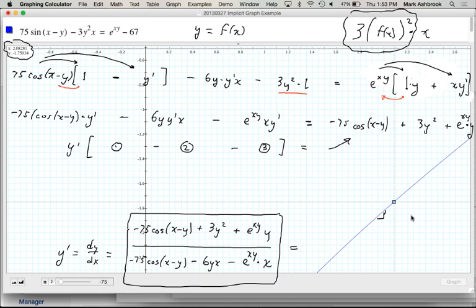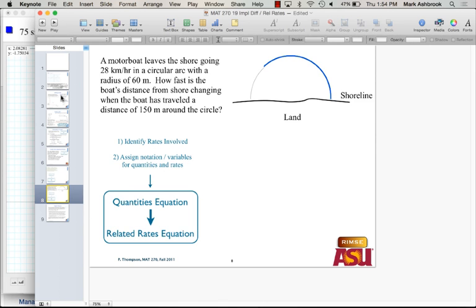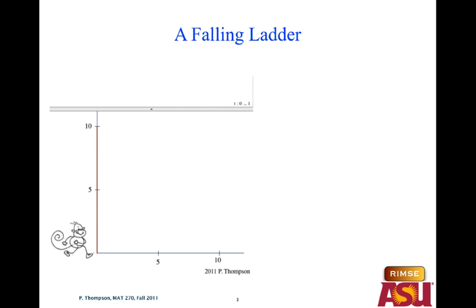So we'll move on to some applications of a variation on this, right? So let's look at a falling ladder. You see that there's a red ladder actually up against the wall, and there's a tricky monkey right there, and he's going to kick that ladder out and make it fall. Boom. And he'll never get tired of doing that. He loves to kick that ladder. Okay, so